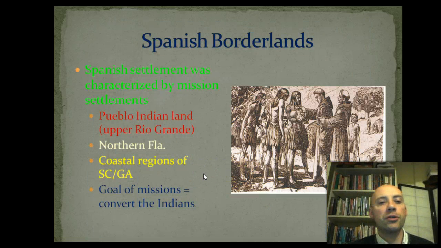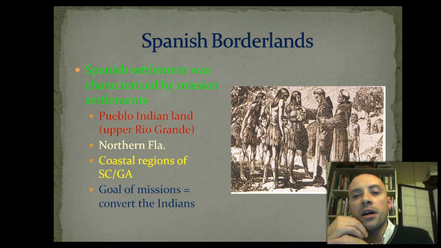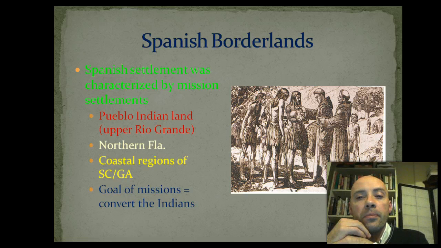All right. So what about the Spanish borderlands? And this is where the Plains Indians would have had interactions with the Spanish. It was characterized largely by mission settlements, monks and priests settling there to try to convert the Indian tribes to Christianity,